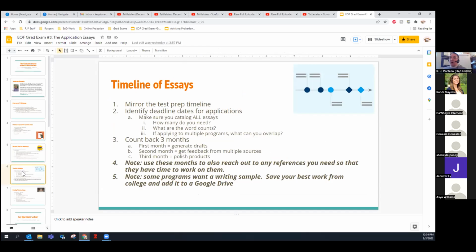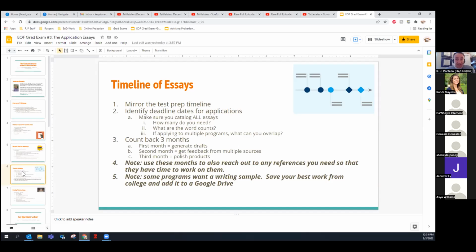And we now move on to the timeline of the essays. Now, these personal statements, depending on how many programs you're applying to, you may only be applying to one. That might be a little dangerous. You might want to apply to maybe two of them for options, maybe even three, but you want to be careful. You want to be very targeted about these graduate programs. Sometimes I see people who are applying to 5, 6, upwards of 10 programs. Ooh, that worries me a little bit.